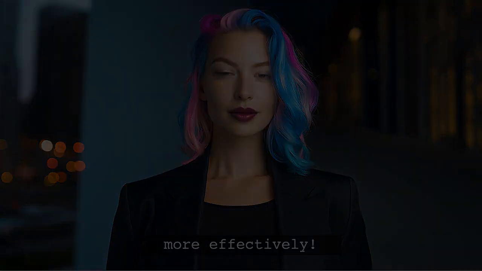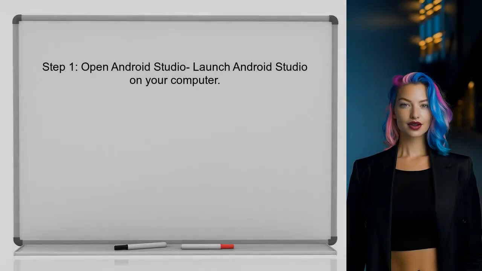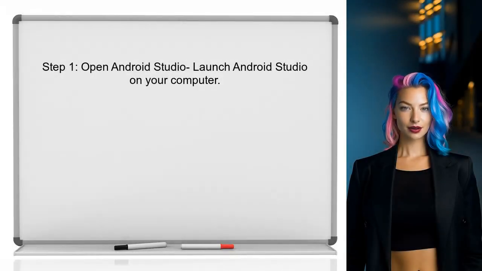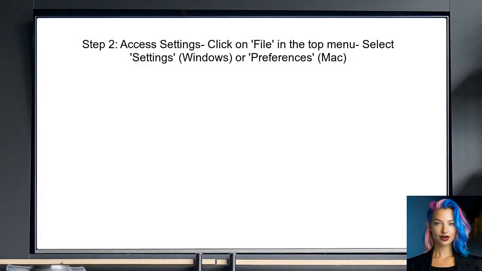updates more effectively. To begin resolving this issue, the user should first open their Android Studio. This is where they will access the settings to reset the Gradle plugin update dialog. Next, the user needs to navigate to the settings. They can do this by clicking on the File menu at the top left corner and selecting Settings for Windows